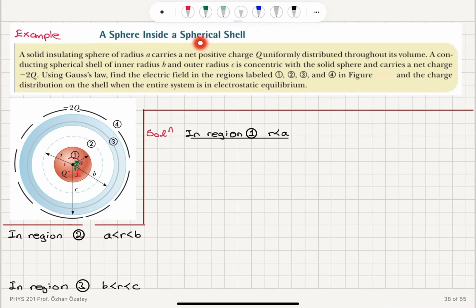A sphere inside a spherical shell. A solid insulating sphere of radius a carries a net positive charge q uniformly distributed throughout its volume. A conducting spherical shell